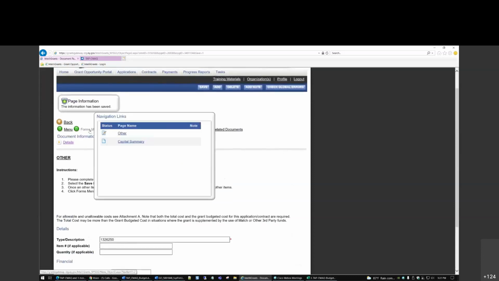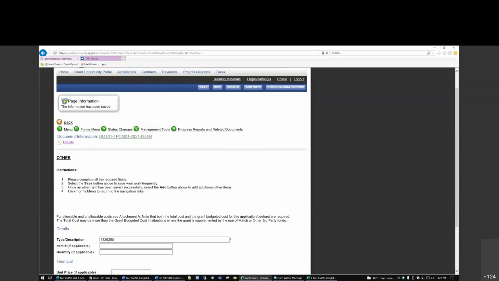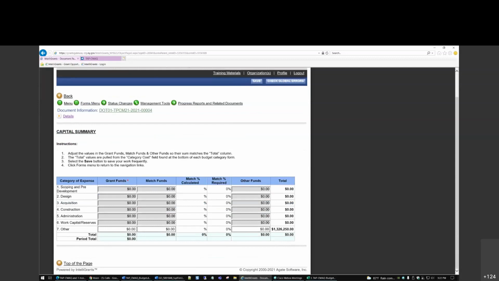One more section in the budget section is the capital summary. So I did other, and I'm going to go to capital summary. And you can see this page is blank, and I need to fill out what I'm putting in for each section. So what do I have for grant funds, and what do I have for matching funds? So my grant funds, I can read what I wrote here earlier, 1061,